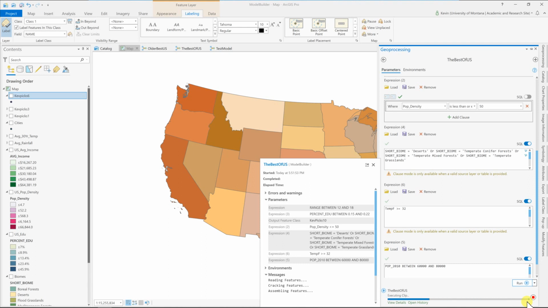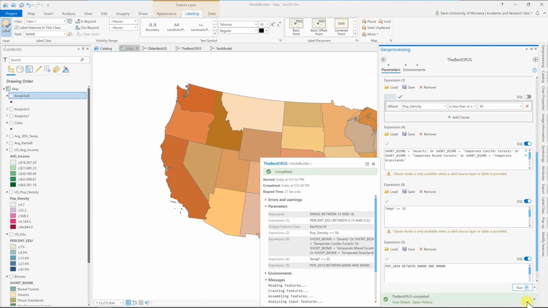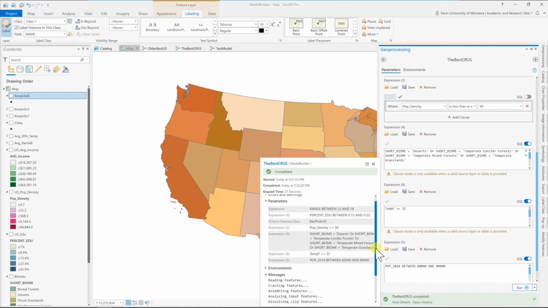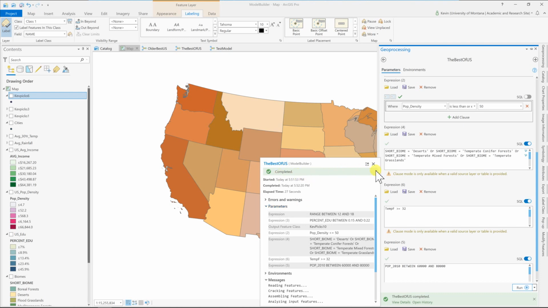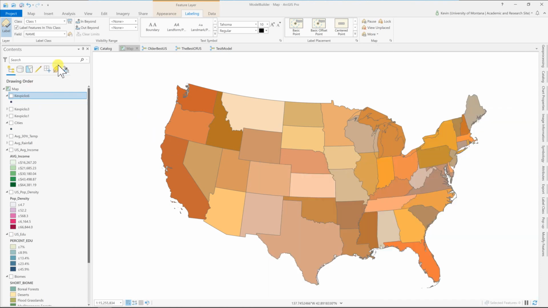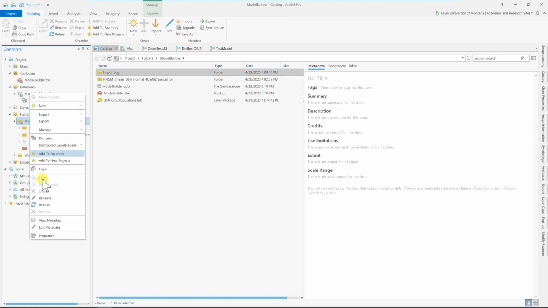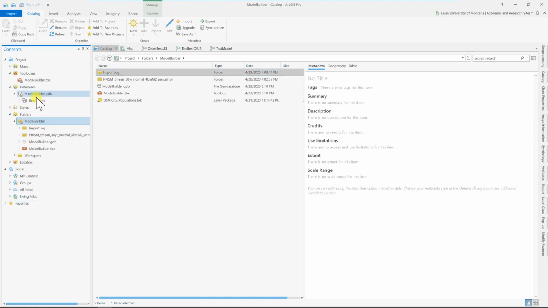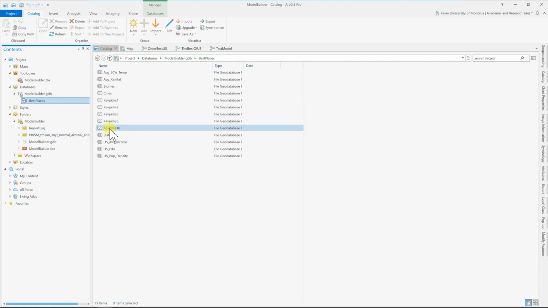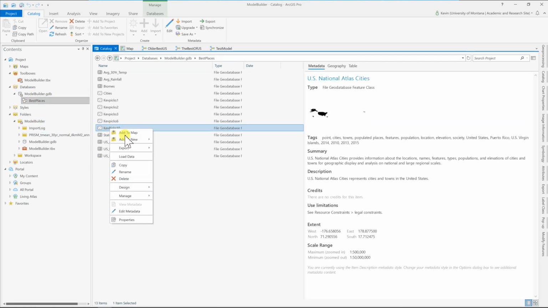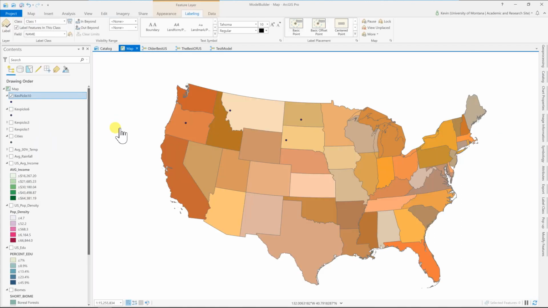There we go. It's working through things. Looks like it's clipping it already. Great, and then you can hit the scroll down and see, yep, it did complete, looks good, all green, fantastic. And now, go to Arc Catalog, and I'll refresh my geodatabase. Kind of wish this refreshed automatically, but what I want and what they do are two different things. Right click on my KevPix output, add to map, let's go to my map, and there we go.